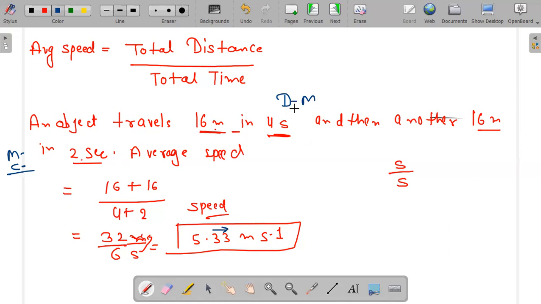So if you have this type of directions, then you can find both speed and velocity. But right now I don't have any sign or any direction here, so I can find speed. And the question is also asking me to find speed, because the question knows that you cannot find velocity out of this.